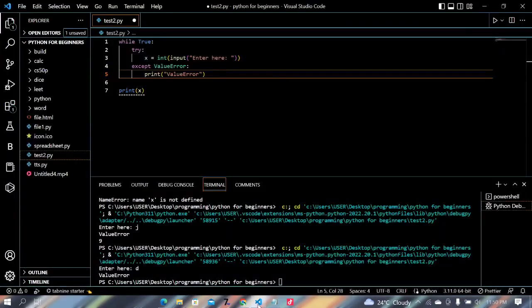Network is so bad. While it's loading, what was I saying? Okay, so I'm going to now enclose our try and except block into the while loop. So what I'm saying is, while this statement is true, run